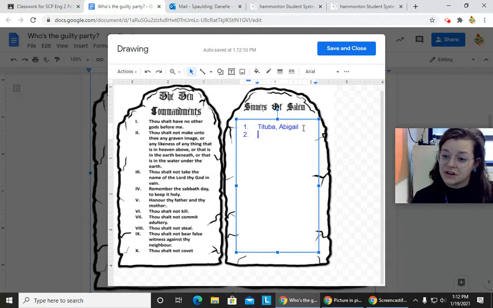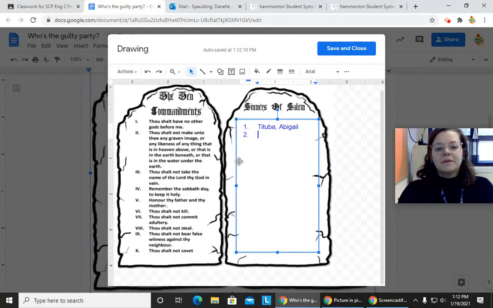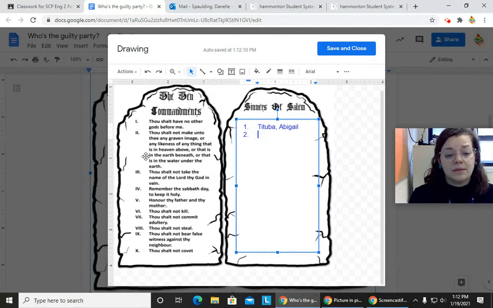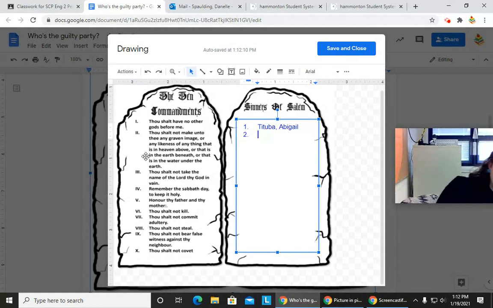Then you would just hit enter, and it'll bring you to number 2. These are Roman numerals on the side. You can just use regular numbers on the right-hand side. But I'll go through the first couple with you. Thou shalt not make unto thee any graven image or any likeness of anything that is in heaven above, or that is in the earth beneath, or that is in the water under the earth. So you should not make any graven image, not polite, or something that could harm them, some sort of image that's damaging of anyone above, the likeness of anything that's above.